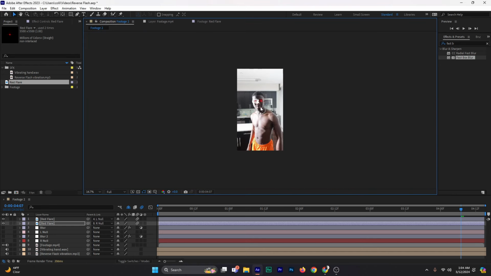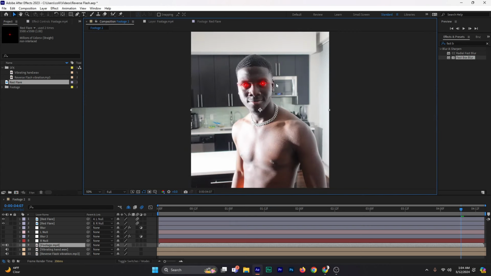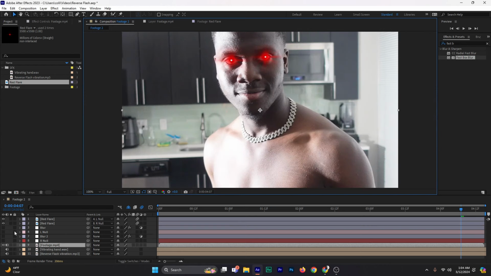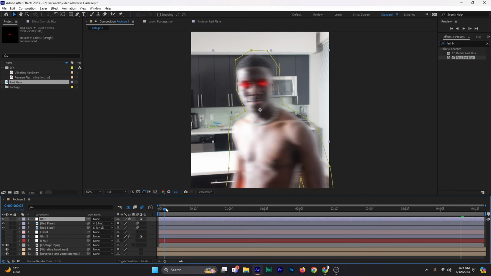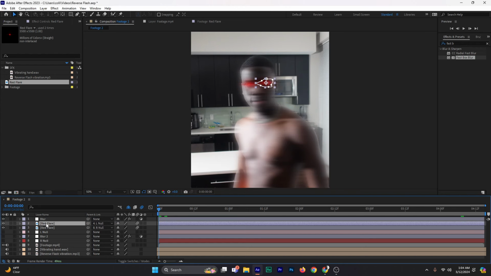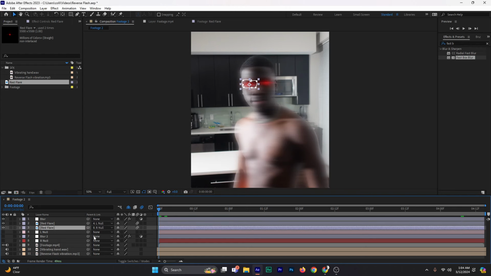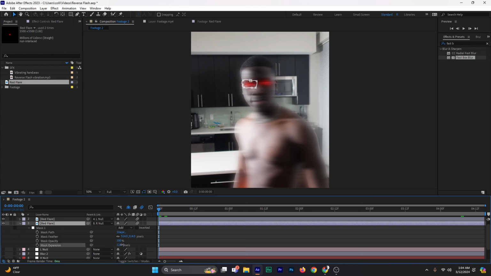Now once we've added this sort of soft reddish glow to our eyes, what you can even do is turn on the blur and move this top blur on top of our red flare. So it's going to have a certain look to it. You can click on this specific red flare, press M, double click M, maybe increase the mask expansion a bit, and you can press play, and it has the look. If maybe my left eye right here is completely not covered in full-blown red,